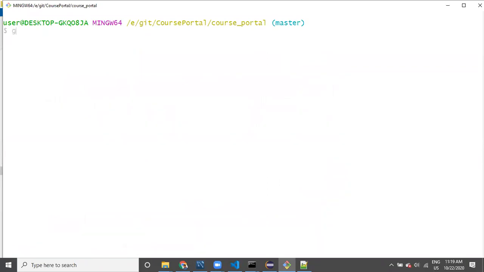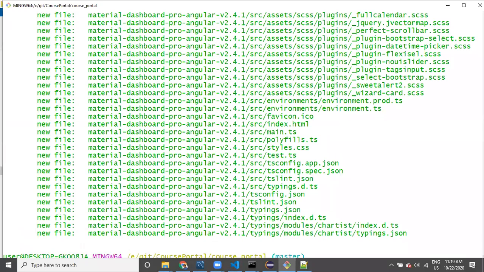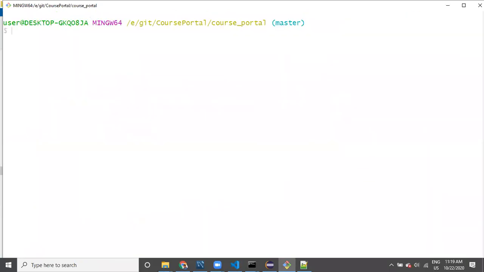Next, git status. If I say git status, let's look at it, guys. Which files got added? All files are going to be displayed in the green color. Previously they were displayed in the red color, right? Now git status shows green color.